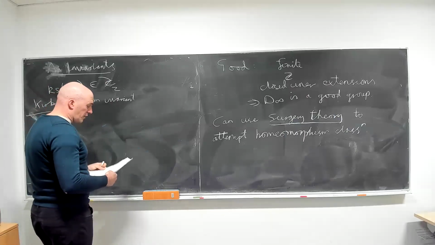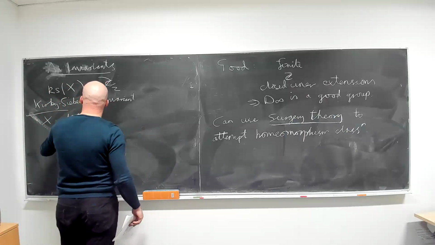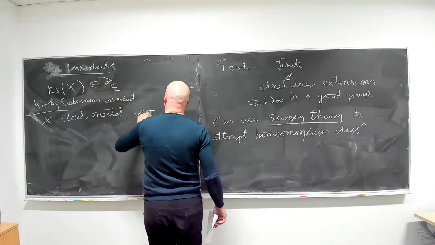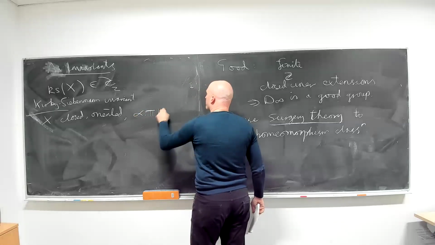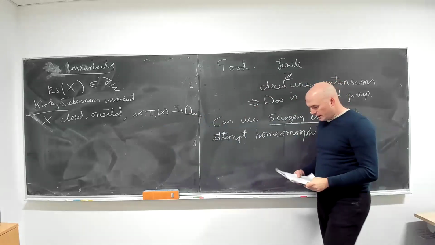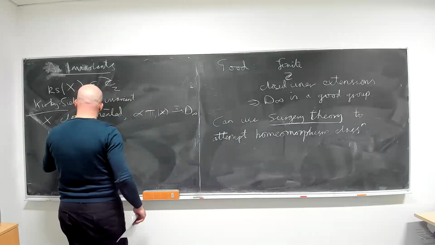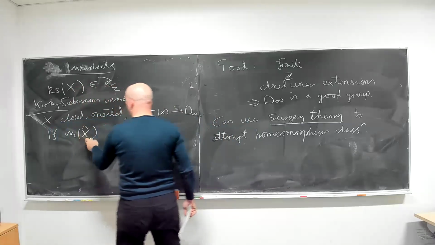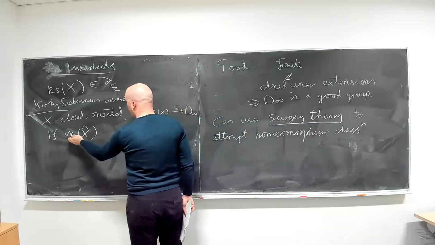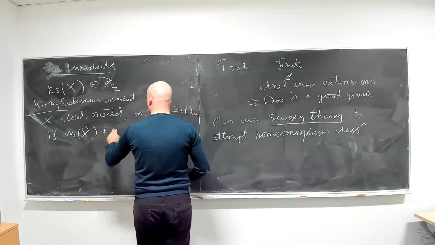So then there's this other invariant. X is going to be again closed, oriented, and it comes with a map. We're going to fix a map alpha from the fundamental group to the infinite dihedral group. And now we have to think about the second Stiefel-Whitney class. If the second Stiefel-Whitney class of the universal cover, where the tilde means the universal cover, is non-zero, then I'm going to set